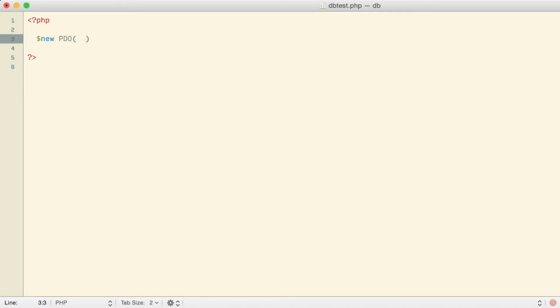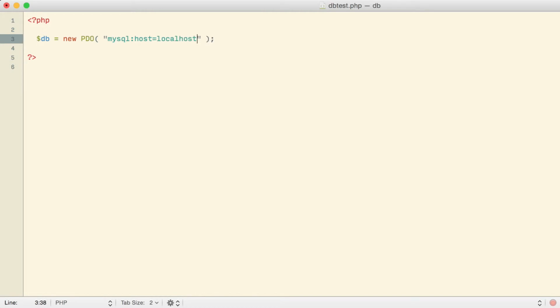That new PDO object is going to return to me a resource, basically an object that represents my connection to the database itself. So I'll have a variable there to hold that. And when I call the constructor for the PDO library, that's PDO, it's kind of hard to tell the difference between the D and the O sometimes. When I call the constructor, I need to pass it some information. For starters, I need to tell it as part of a string what type of database I'm connecting to. So I'll say mysql: